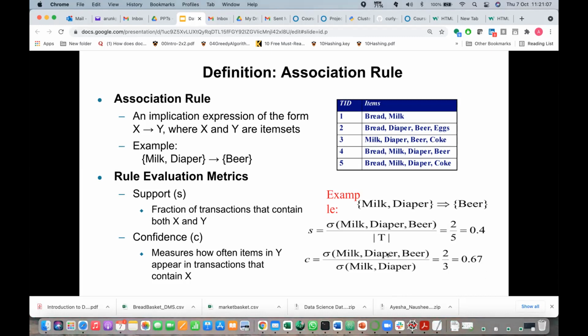Then the question comes that you observed only 2 times. 2 times may not be that important. There will be many transactions, and it may have happened randomly that they purchased those two. But if you say there are 100 times I have observed that whenever they purchase milk and diaper, there is more probability that they also purchase beer, then that rule will have more confidence.